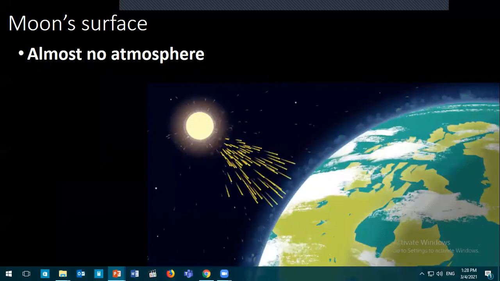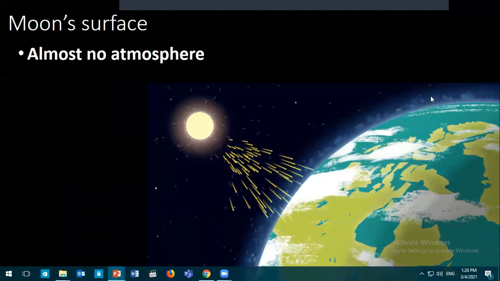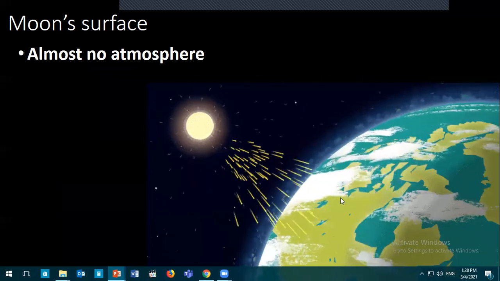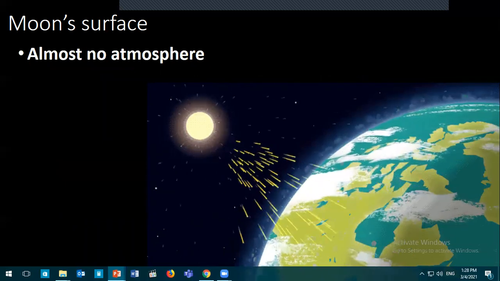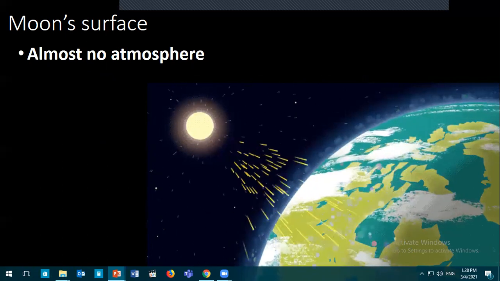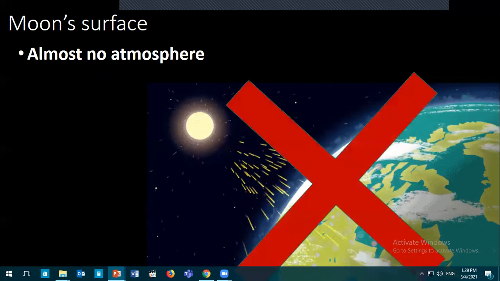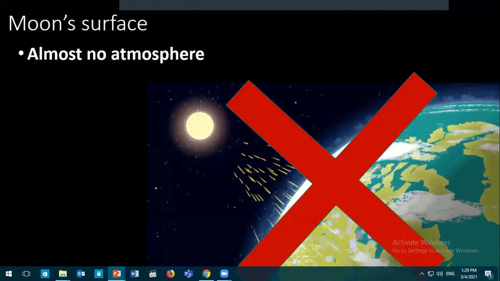Number two is that the Earth, for example, has an atmosphere that protects it from all the asteroids and all the rocks that are going to hit us. All these rocks burn once they come closer to our atmosphere. Unfortunately, the moon doesn't have this protection. The moon has almost no atmosphere to protect it. And that's why you can see